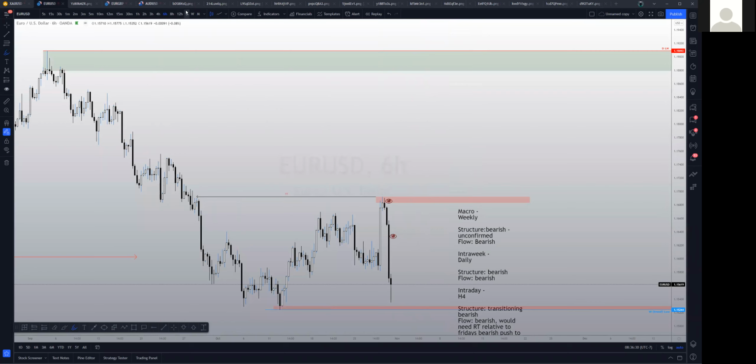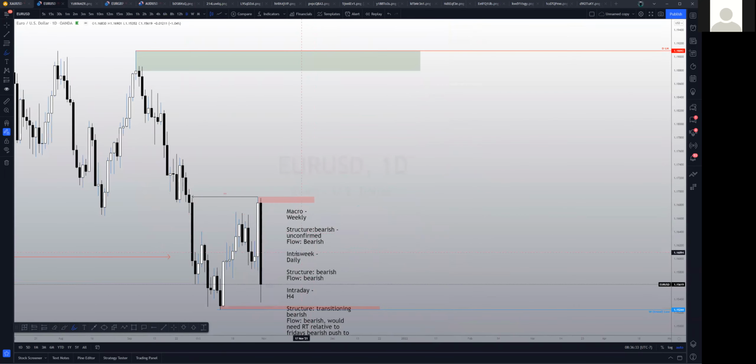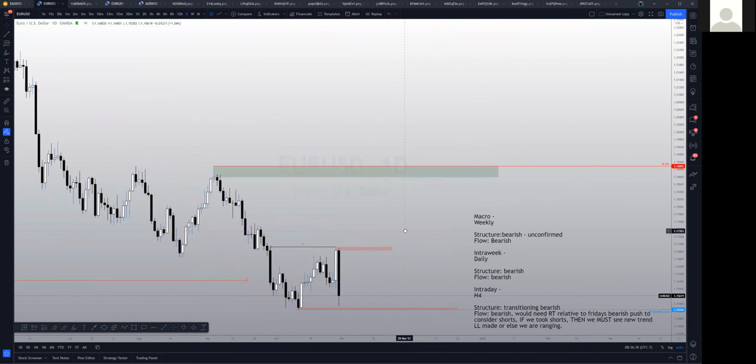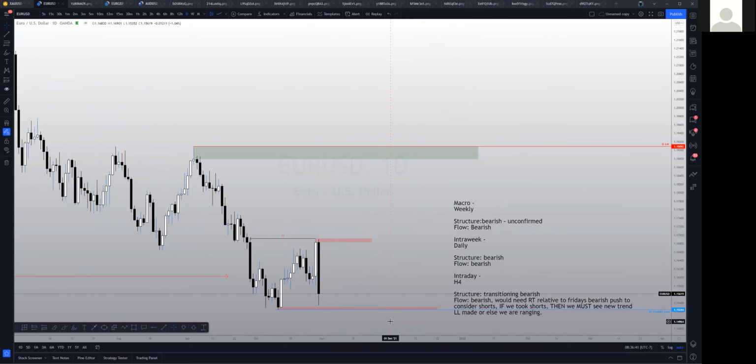On to the next one, EURUSD, also a victim of Friday's crazy price action. Sorry about that. Here are the notes that I have marked out. Let you read those for just one second. So on Friday, we can see we had this massive sell-off. I have a little line that says, why did this happen here? So big push to the downside.